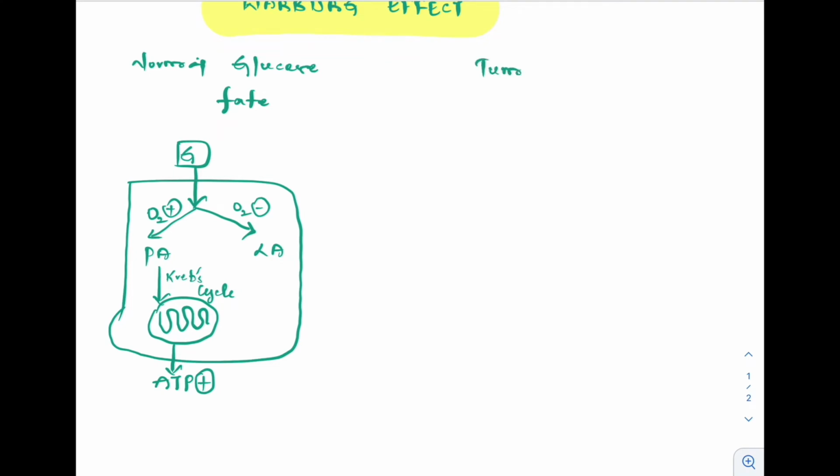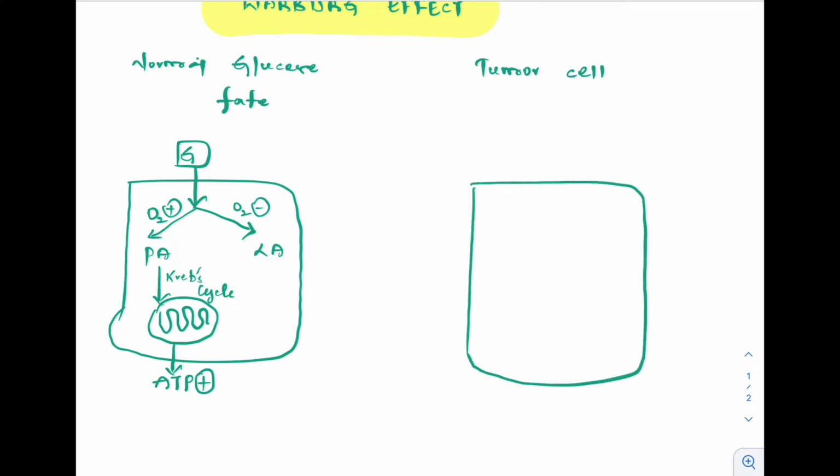Okay, let's assume this one is a tumor cell. So what happens within the tumor cell? The tumor cell will also take the glucose, but the uptake will be maximum. And whether oxygen is present or absent, within the tumor cell glucose forms lactic acid,